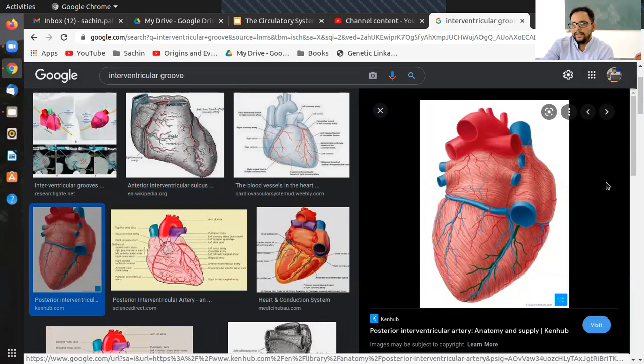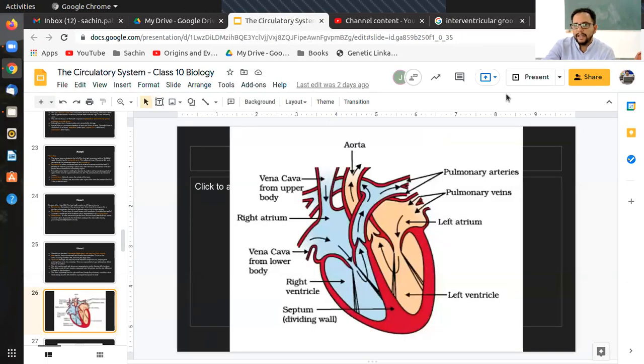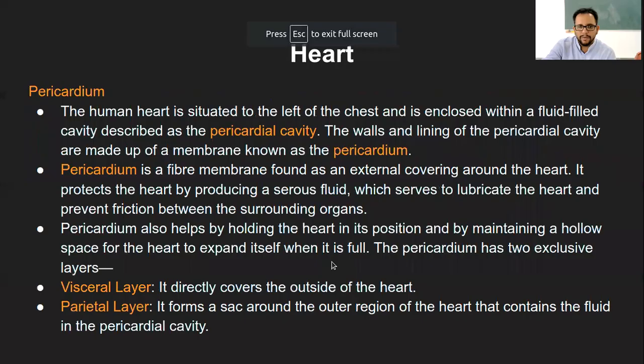If you look at this heart, which is an external view of the heart, the outermost layer will be the pericardium, and then what you see here down is a little groove, right? That is the interventricular groove, between the 2 ventricles. And there is a little groove here, which you can see. It is not this blue part, actually the blue part is the vein, but below the vein there will be a little groove, like a little embossed area. That will be the atrioventricular groove. So these are the 3 structures found in the external overview of the heart.